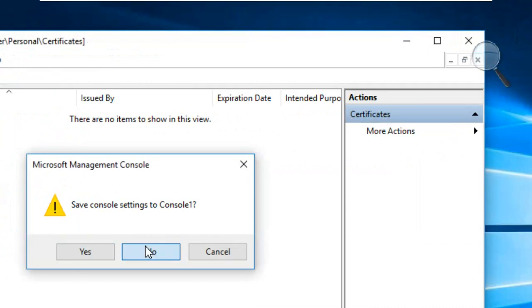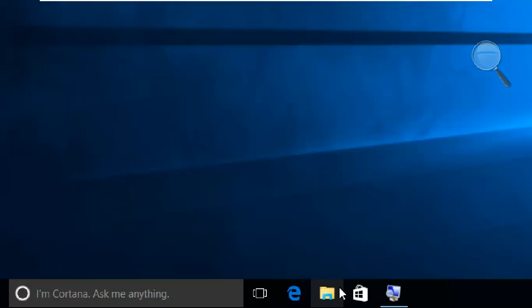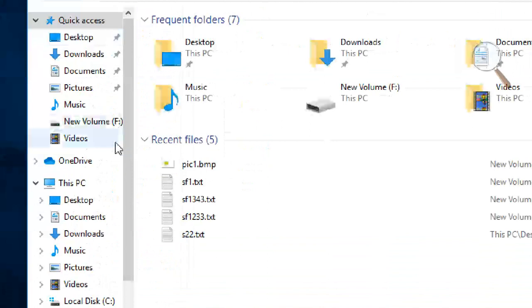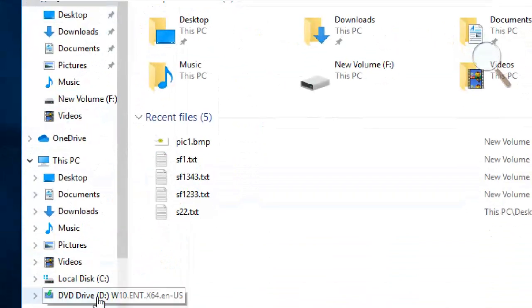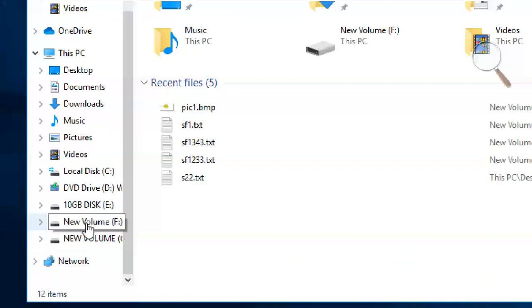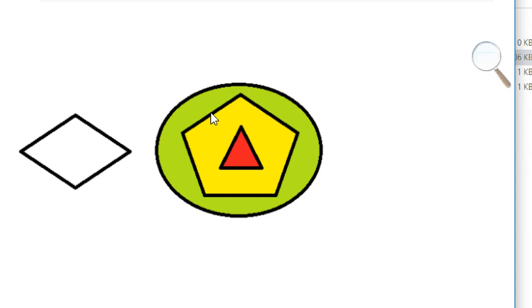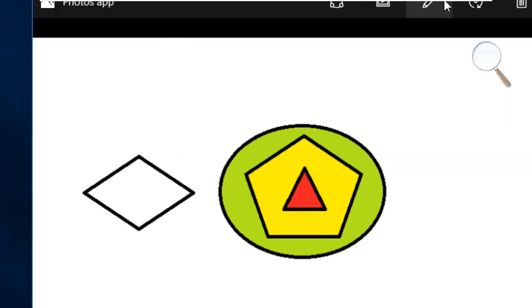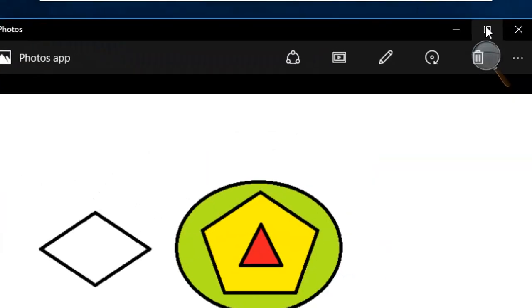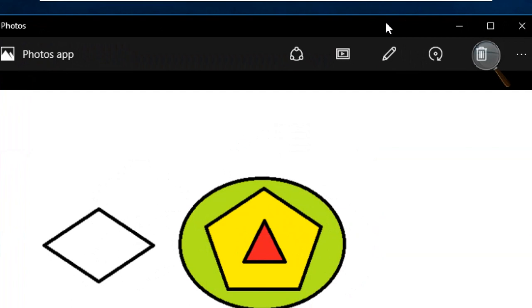Close. No. Then go to the picture. Now I don't have a key. I'm trying to open this one. It is showing here. How is it showing? Now tell me, I don't have a key. I deleted the key from my student 2. I added the key and also I deleted the key. Now how can I see this one without a key?